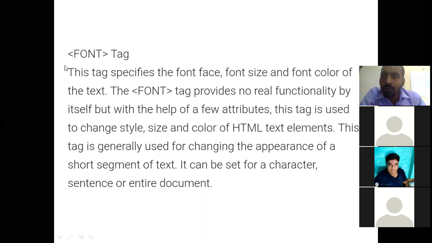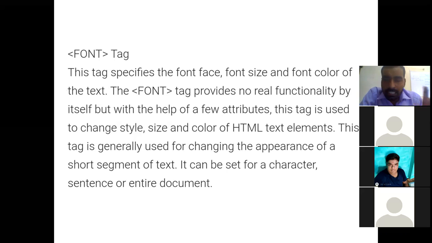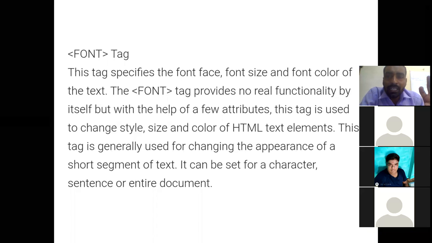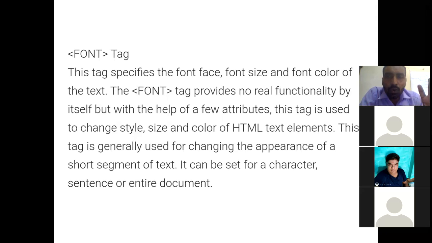As you all know, if you have used MS Word, MS PowerPoint or MS Excel, in that we can increase or decrease the size of text. We can change the color of text, or we can apply different styles to the text. So how can we do all that?